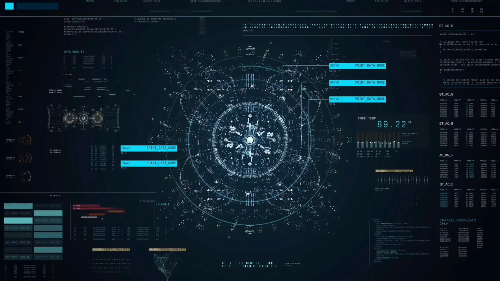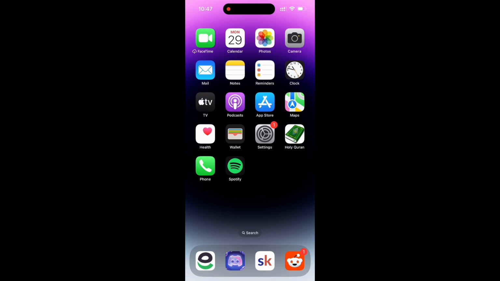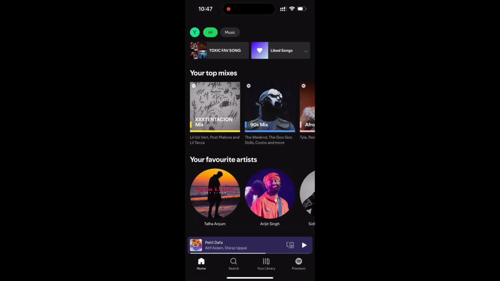Today I will be teaching you how to add local files to Spotify iPhone and move on to our mobile. So first of all, open up your Spotify application and after opening it, click on your username